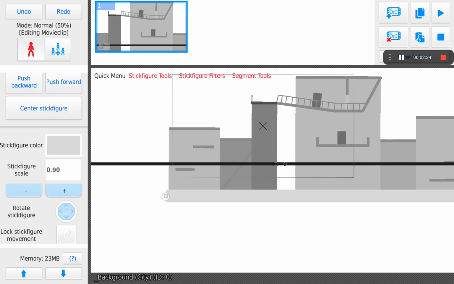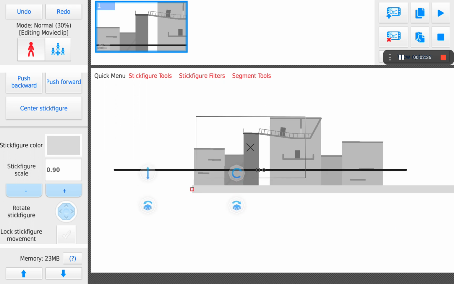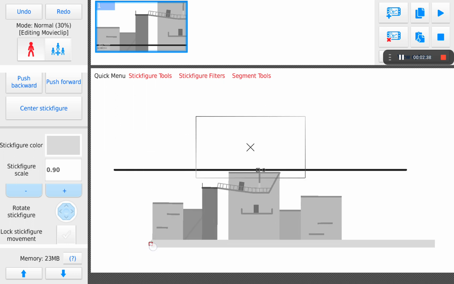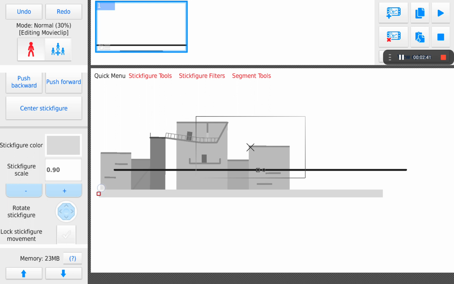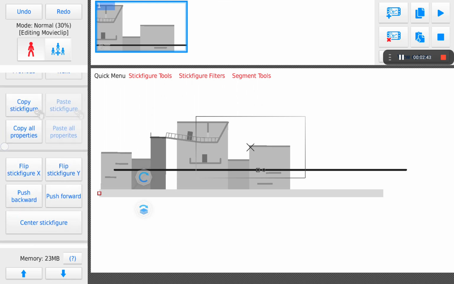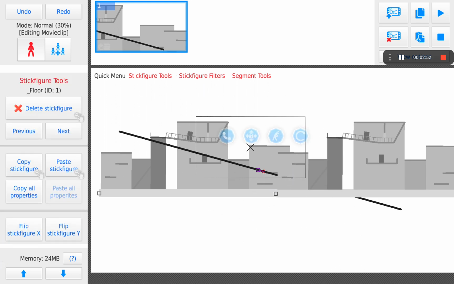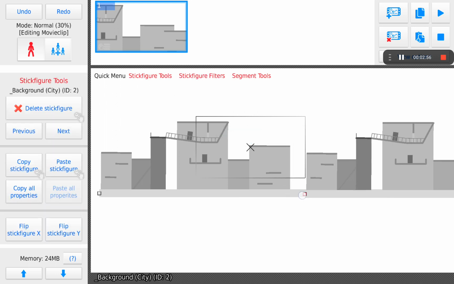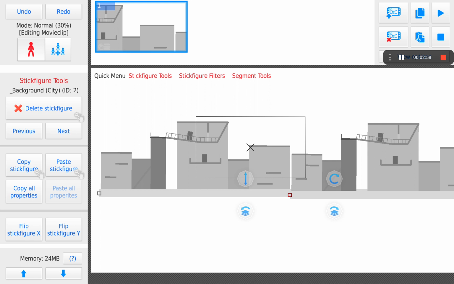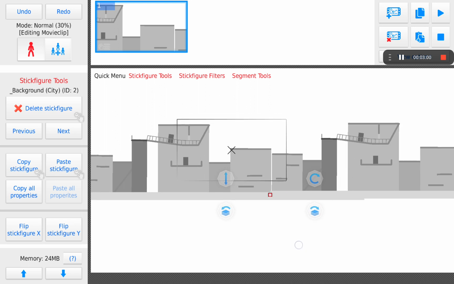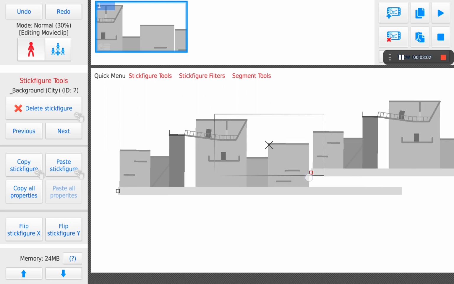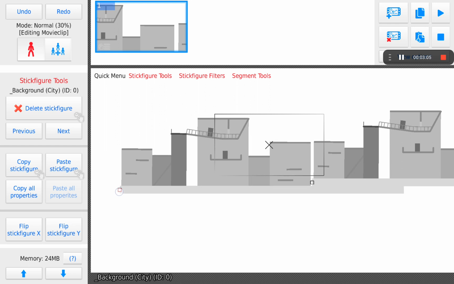So what we want to do to start off, if your background is short like mine, is copy and paste it, but make sure to leave the surface to the end, so all the backgrounds are actually behind it. So now that we have a good amount of buildings in the background,